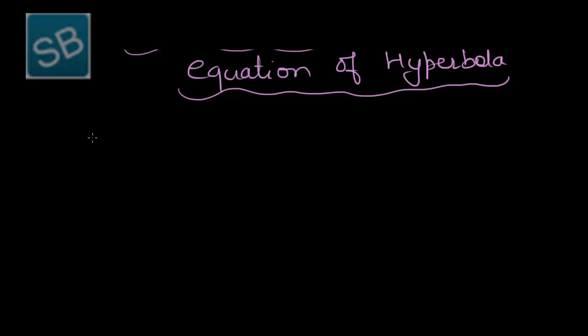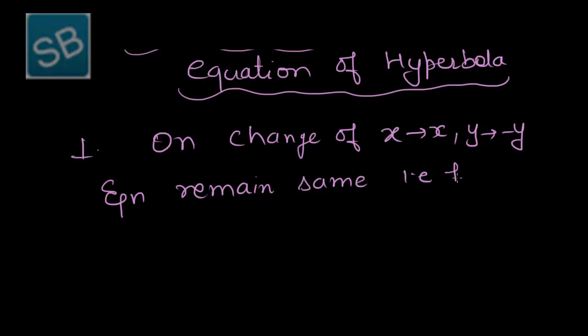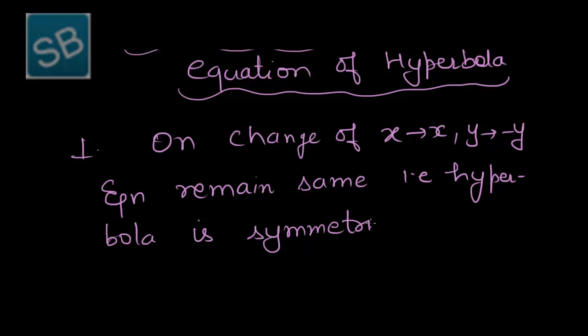So the first one is: on change of x to x and y to minus y, the equation remains the same, that is, hyperbola is symmetric about x-axis,